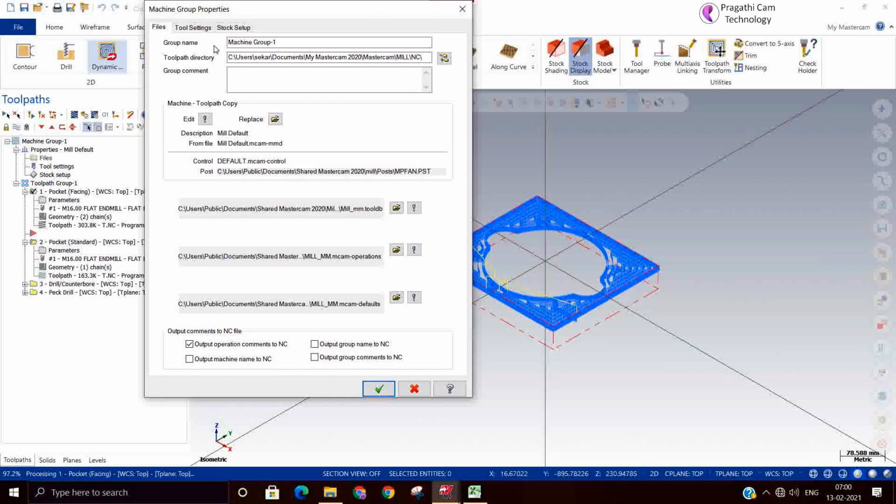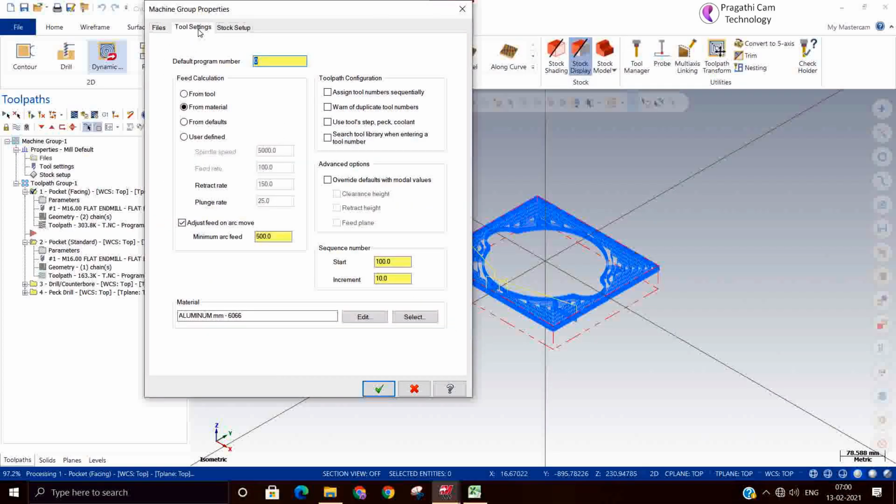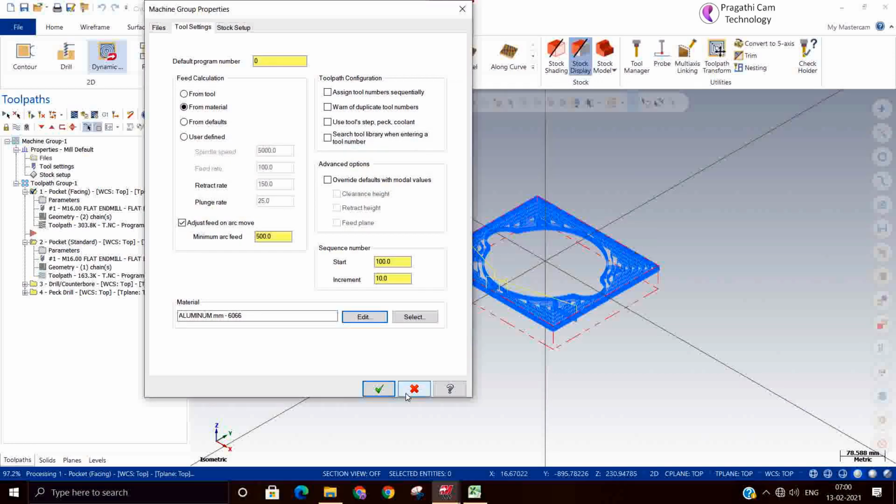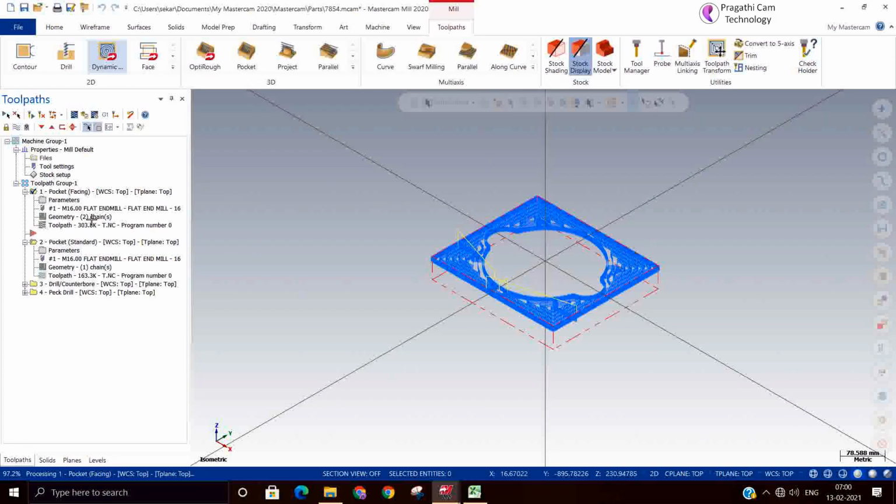So all the default values come from the material library. Here you have given 160. The same thing is coming in the feed rate and speeds. But you can check it.